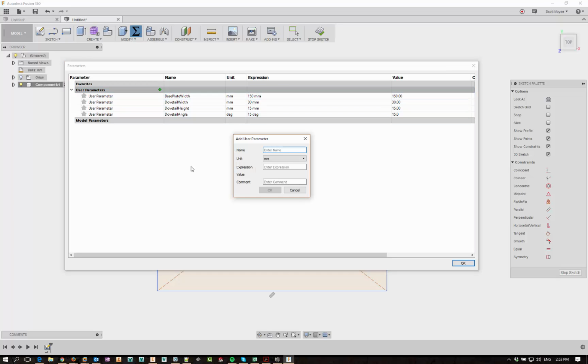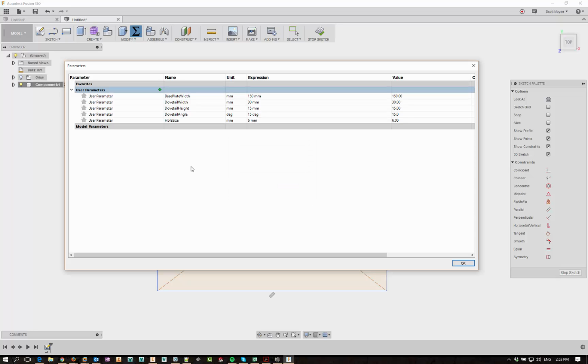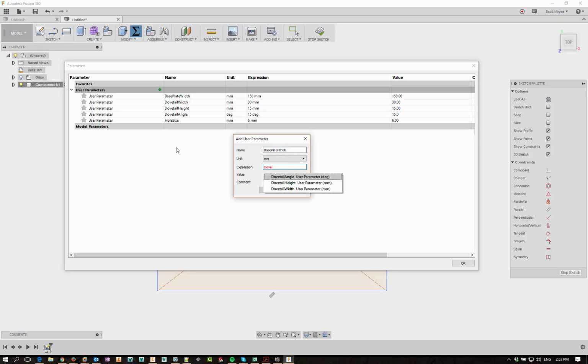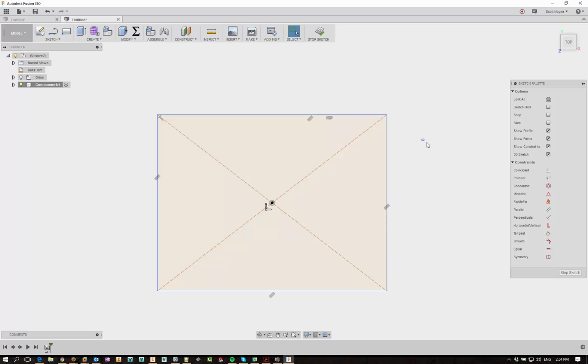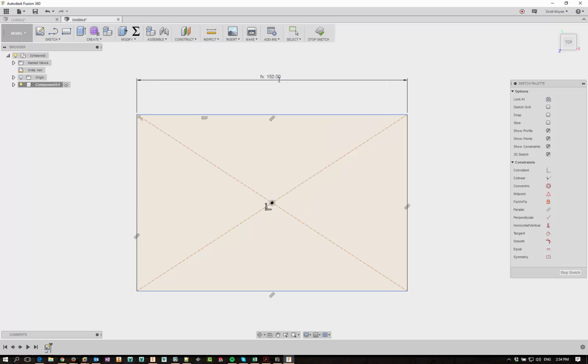and let's go with hole size 6mm, and base plate thick, and we'll go with dovetail height plus 15. This should be good. Alright, so dimension this, and we're going to go with base plate width, and then we'll